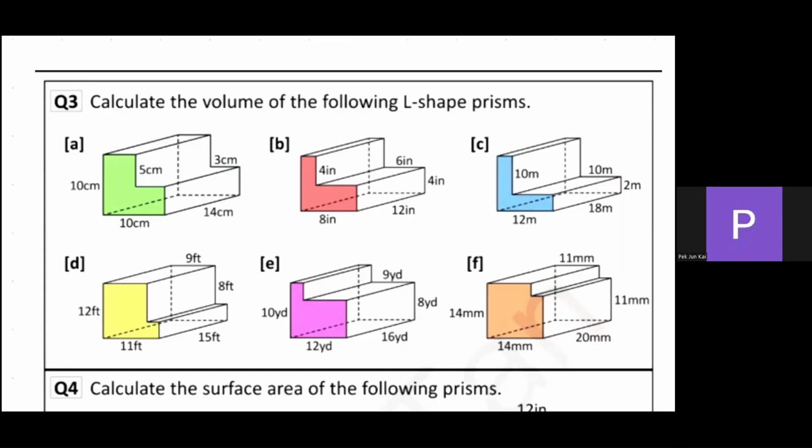Hi, today I will be talking about the volume and surface area exercise. So question 3, calculate the volume of the following L-shaped prisms. So the way to calculate L-shaped prisms is its cross-section area